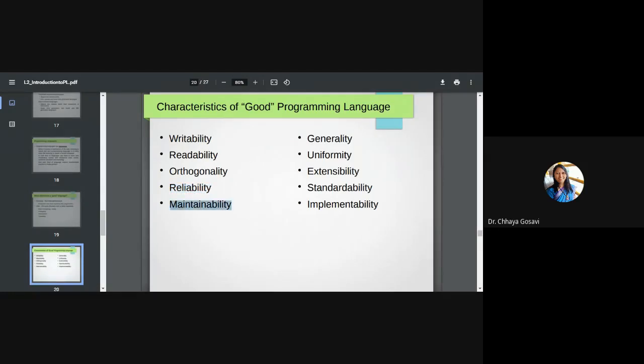Then maintainability. This keyword, maintenance, comes after you deliver your software. It is not at the time of programming. So if your software is ready, you tested it, it's giving you fantastic results, it is reliable, orthogonal, readable, writable, all these properties are there, and you deliver that software, and then the user wants to enhance it. For example, you're using WhatsApp, right?